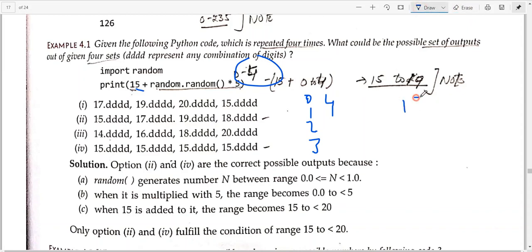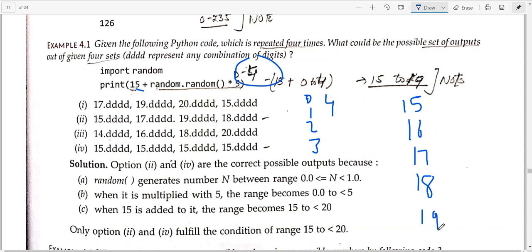15 plus 0 is 15. 15 plus 1 is 16. Next, 15 plus 2 is 17. 15 plus 3 is 18. 15 plus 4 is 19. So here we finished.